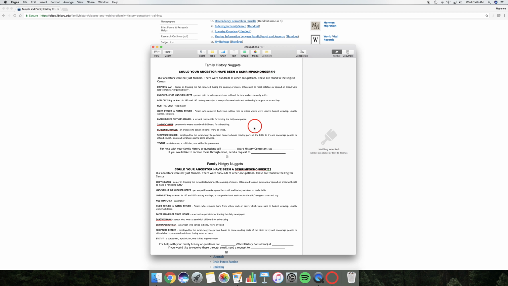I was looking through this list, and I think the paper ironer or Times ironer would have been my problem. It's a servant responsible for ironing the daily paper. Now, if I were a servant, I'd probably be in trouble because I would be reading the daily paper instead of ironing it for my